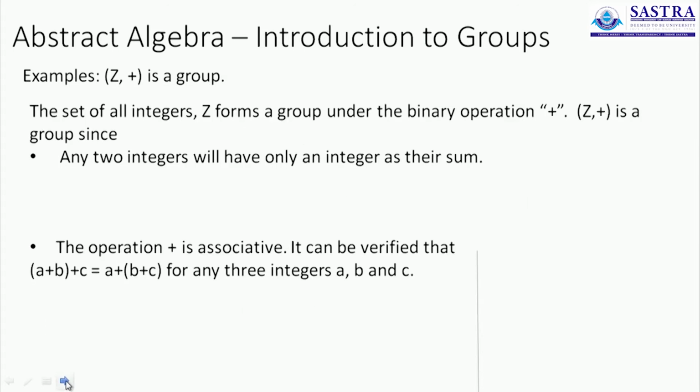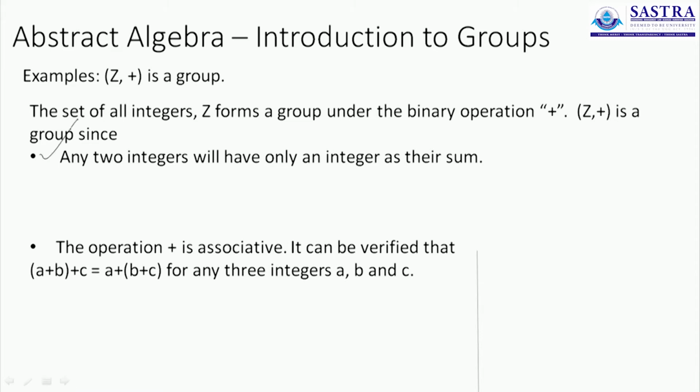To give you an example, let us consider the set of all integers under addition. We have already verified that it is a semigroup, it is also a monoid. Now we will just have to show that it is a group. It is not very difficult to follow that. We will anyway verify all 4 conditions one by one.